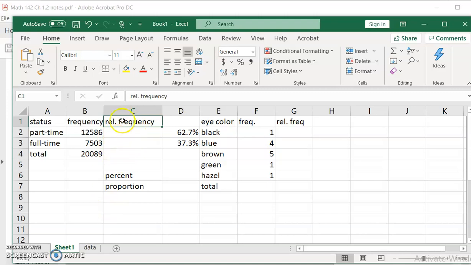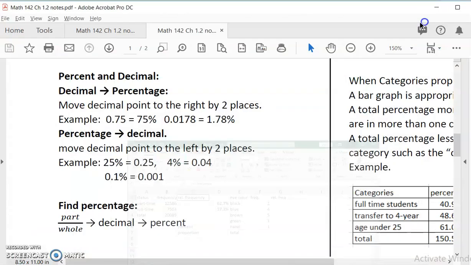Before we go into how to calculate relative frequency, we're going to look at percentages and decimals, so let's do some percent and decimal review first. If I want to change a decimal number that represents a portion of the whole into a percentage, I don't do rounding, I move the decimal point to the right by 2 places. So 0.75 becomes 75%,